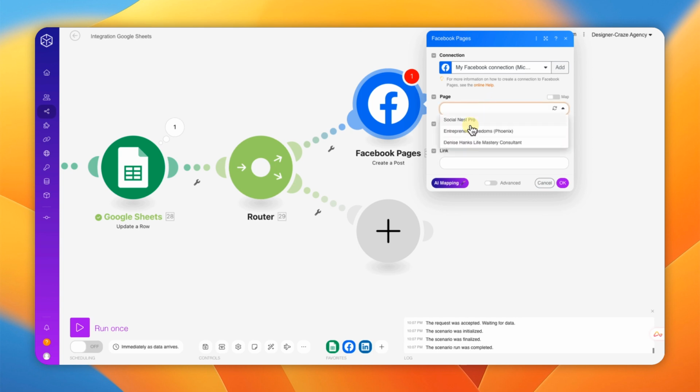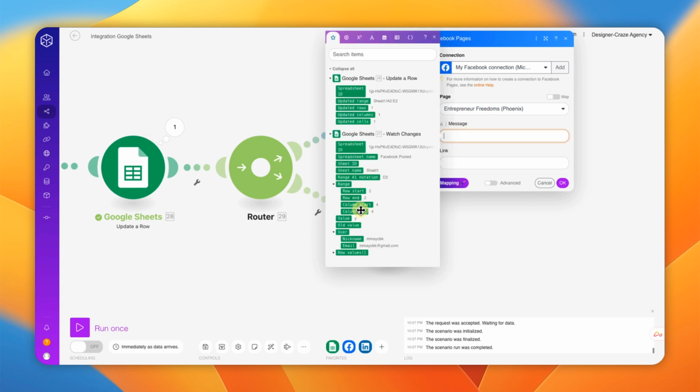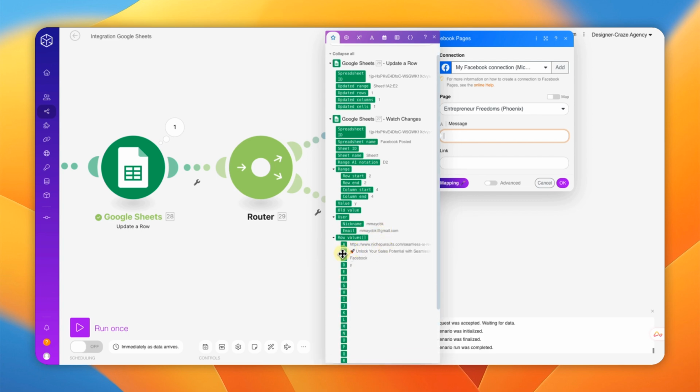Find the Facebook page you want to paste your content to. And then there you go. In the message part here, you're going to go down here and go to row values, okay? And you're going to look for where your content is being